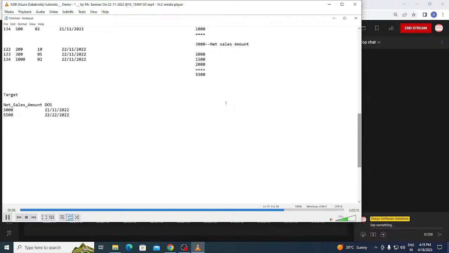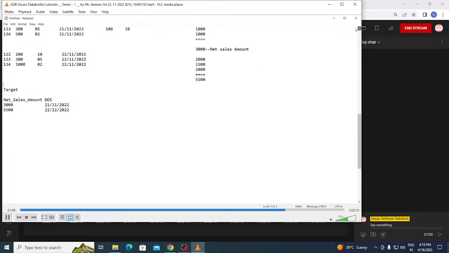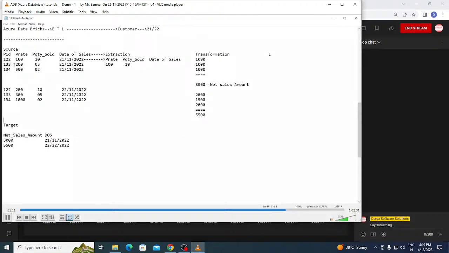Now, guys, this particular thing is nothing but called the output. Can you see here? This entire thing, what have we done? We have transformed this much data. This much data of two tables, I have transformed into one table in a summarized manner. So this data you can report to the customer, stating that this is the difference of sales between the 21st and 22nd day of November 2022. Am I right, everyone?